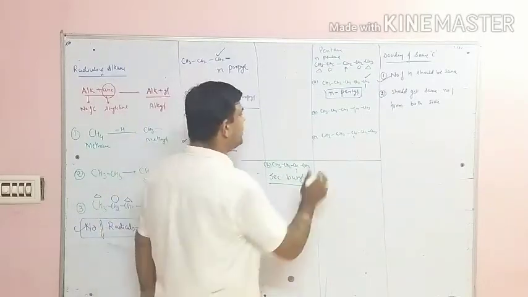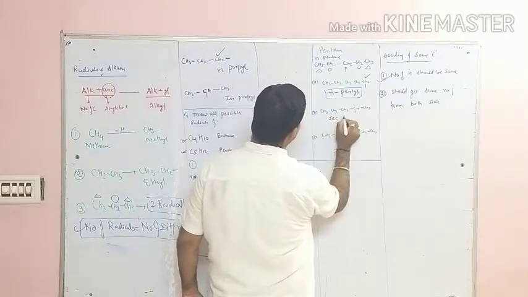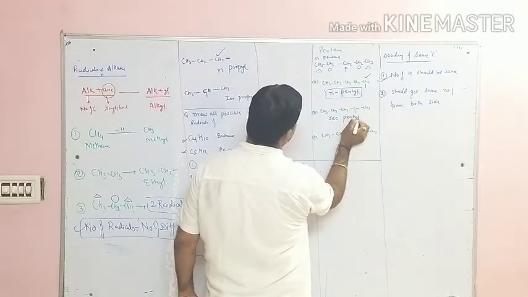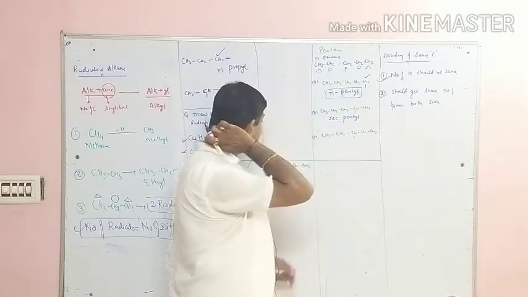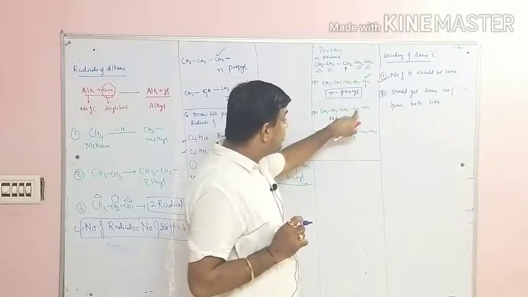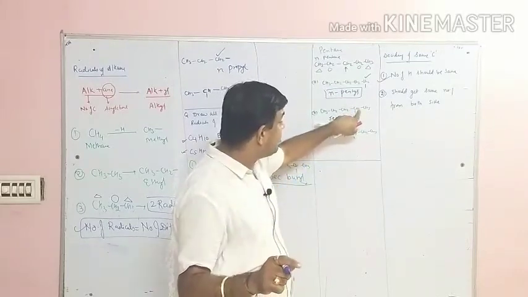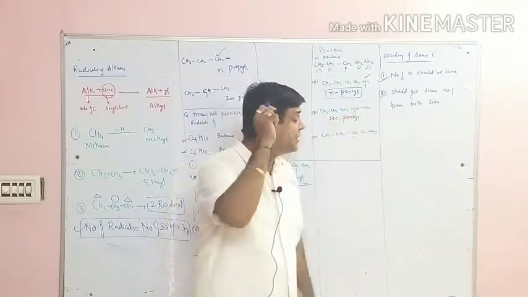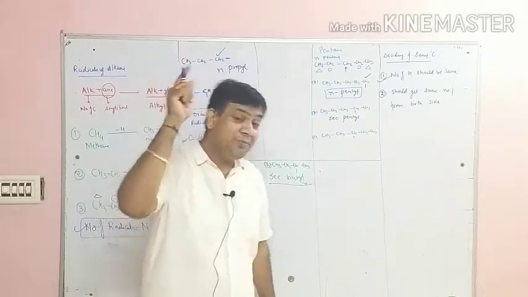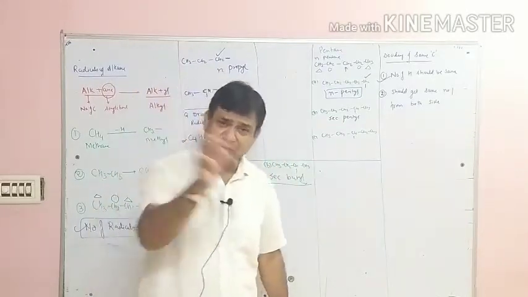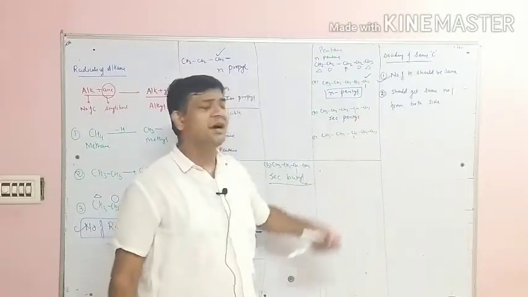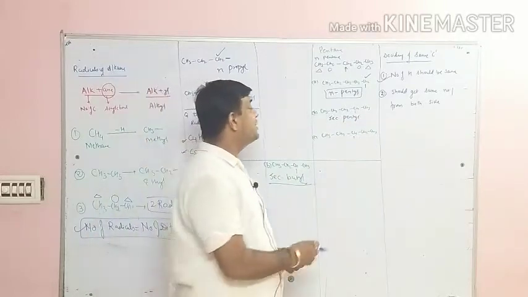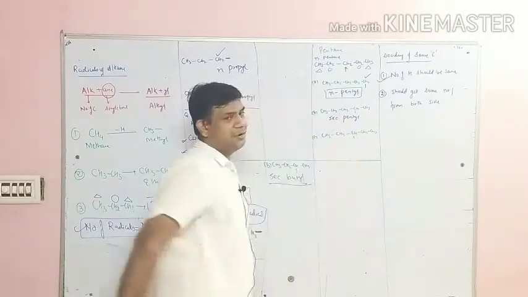Okay, now if we go on this, what I have told you, carbon chain is straight, valency of the second carbon is free, it is called as secondary pentyl. See students, this carbon is secondary as well as this carbon is also secondary, but we are going to name secondary pentyl to this. What is the condition of the secondary pentyl? Carbon chain should be straight, saturated, and valency of the second carbon should be made free. That's why it is secondary pentyl.